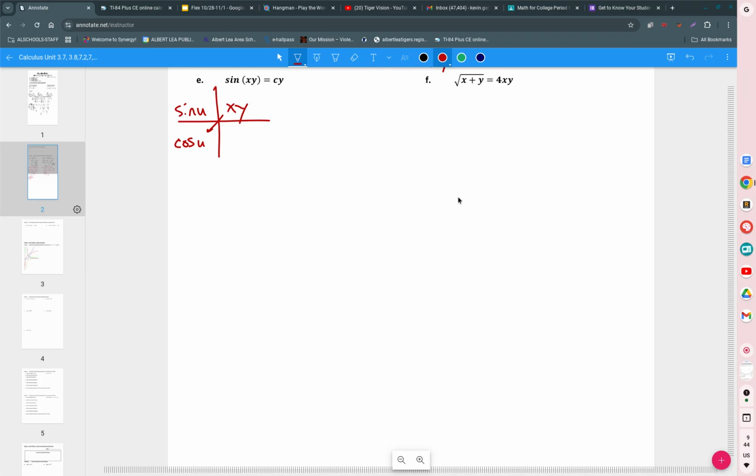Product rule. Derivative of x is 1 times y plus x times y prime. Oh, shoot. Y prime. If you were to do another box, which one would be by itself? It's okay, Riley. Never mind. I will multiply these. Cosine of xy times, I need a parenthesis around there, y plus xy prime is equal to